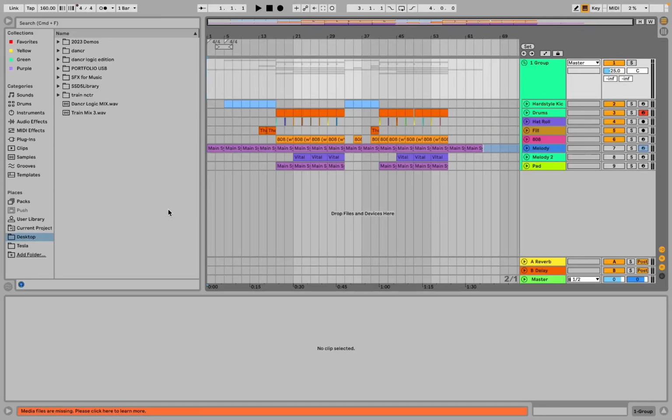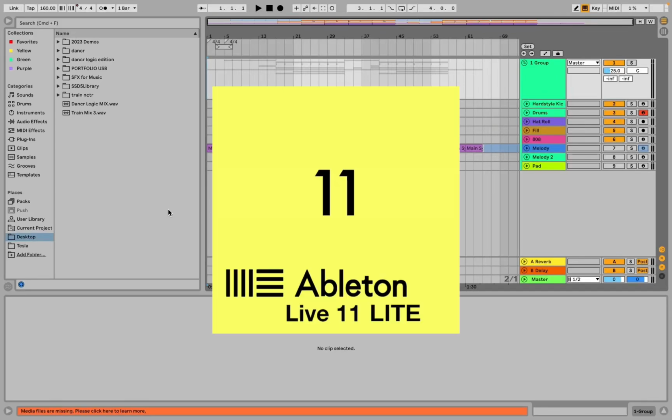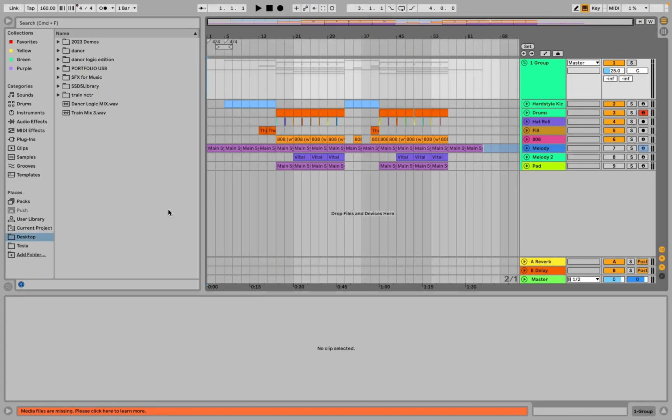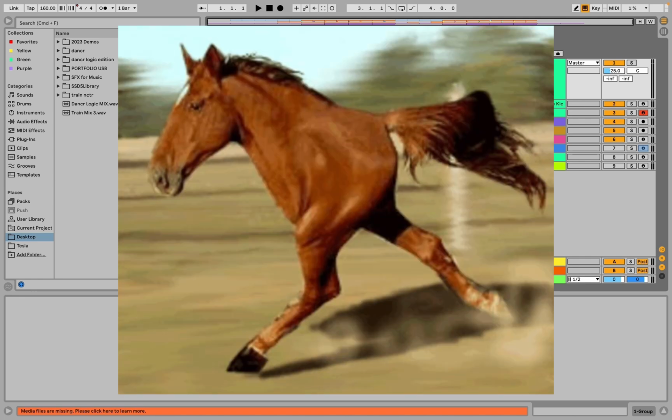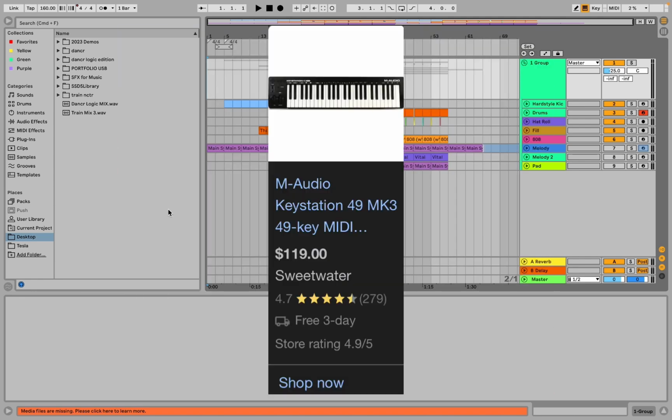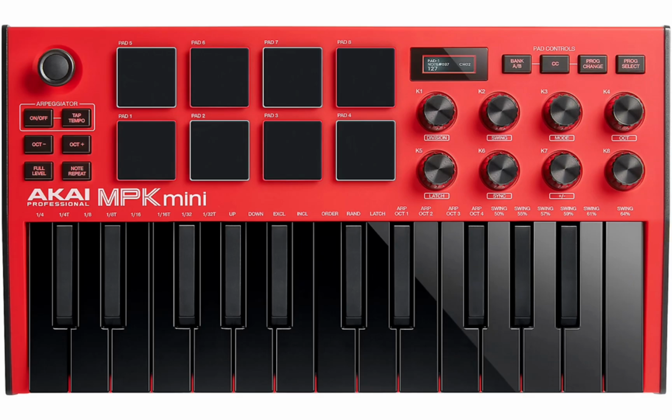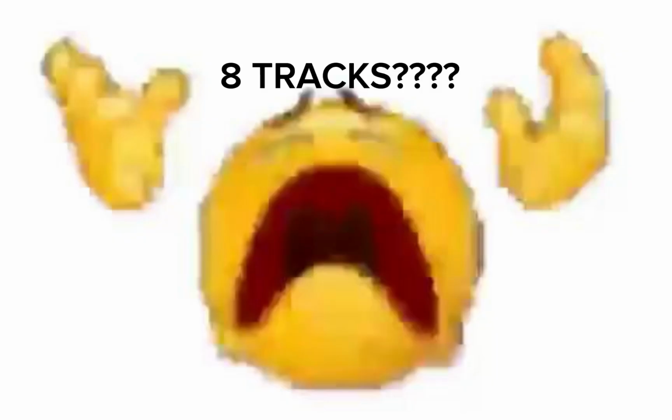Today I'm going to be showing you how I made a full song on Ableton Live Lite. Ableton Live Lite is a super limited version of Ableton that comes with MIDI keyboards and other things like that. So I got mine with an Akai MPK Mini. It comes with a free license, and also there's an 8-track limitation, so you're only able to record with 8